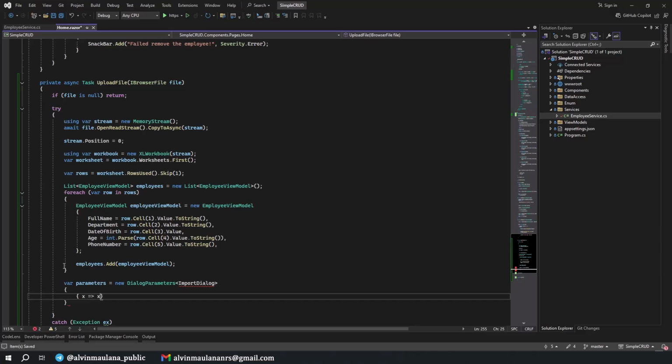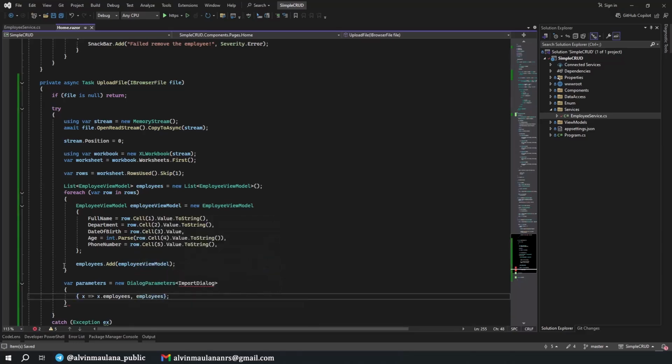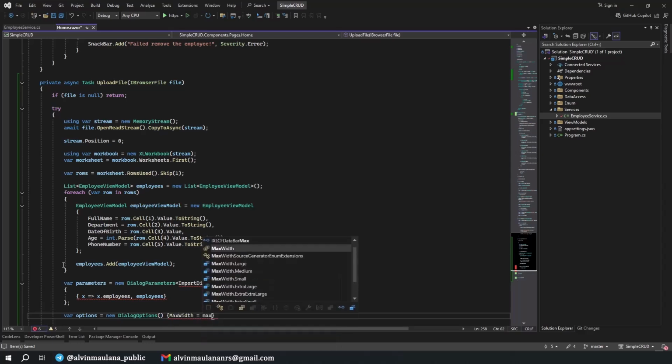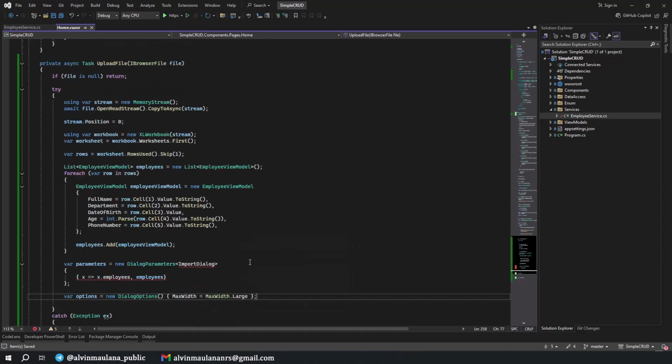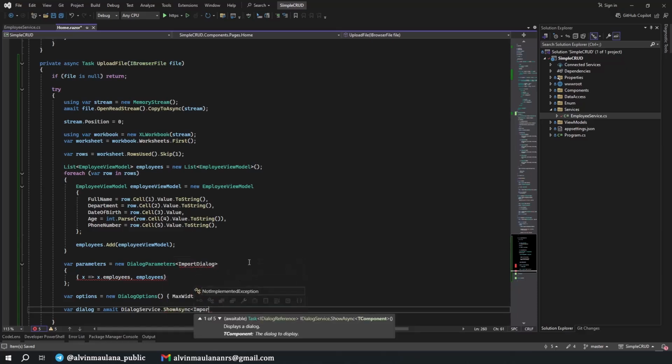Then X equals to X.Employees, and then it comes from employees, not like this but like this. Then we have options, new DialogOptions, and we set the MaxWidth to MaxWidth.Large, and then we show the dialog with DialogService.ShowAsync ImportDialog.